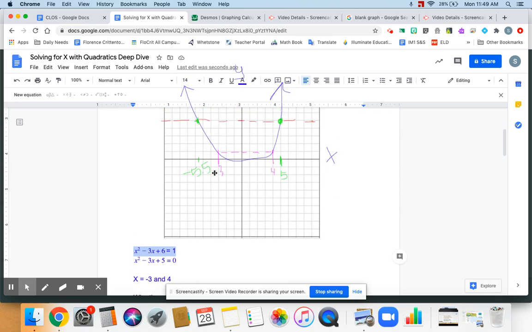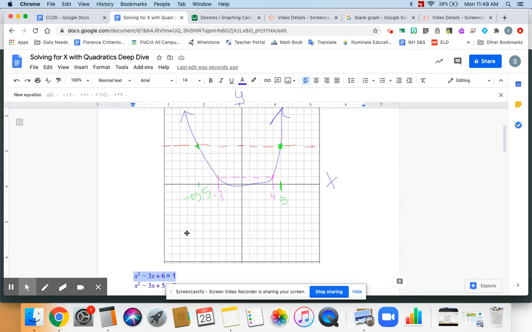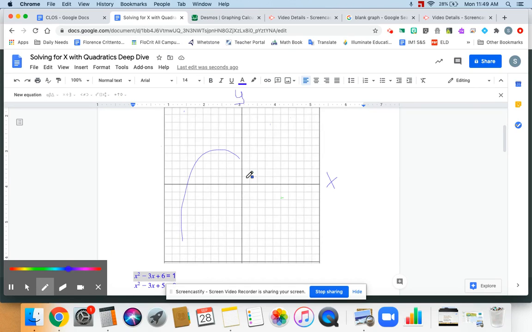So basically, that's the point, is because of the way the graph looks, because it's a U shape like this, there will always be two answers, one on the right side and one on the left side. Even if the quadratic was flipped upside down like this, for example,